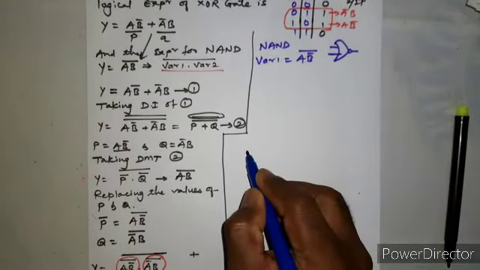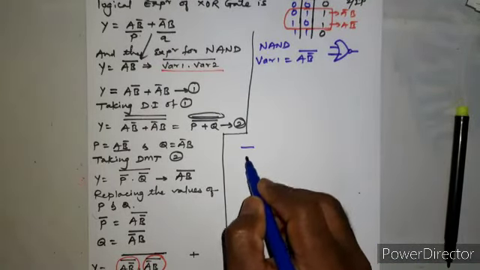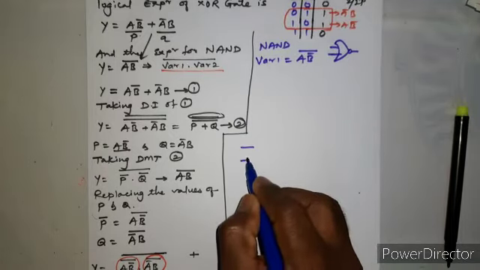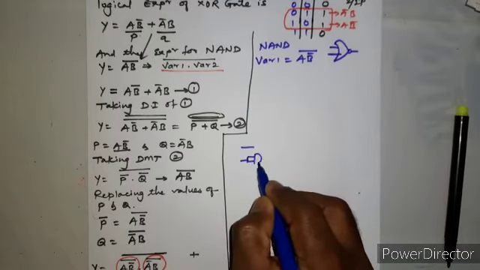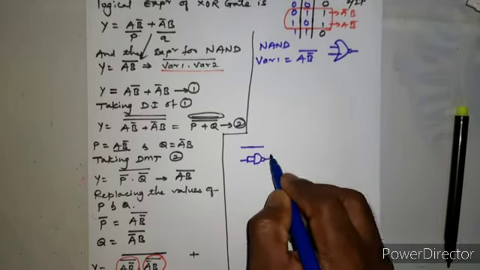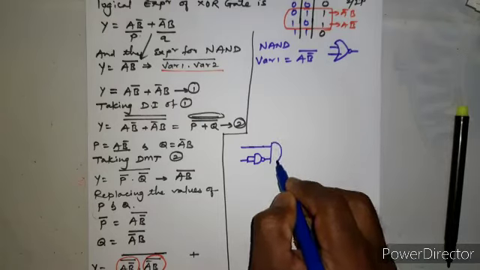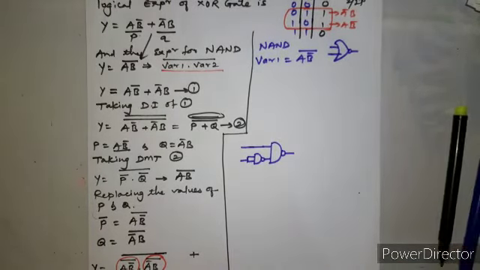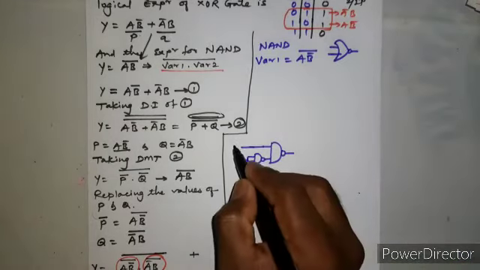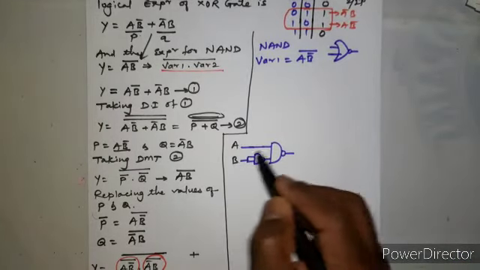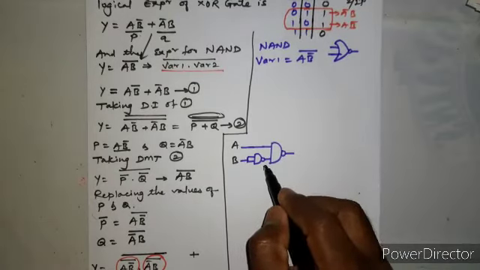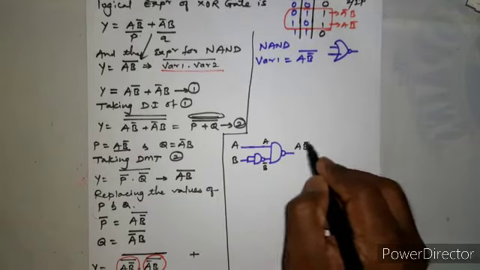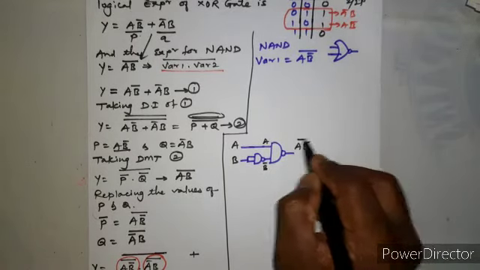So I'll draw here. So this is A and this is B bar. So I have this B, okay, so this is A and this is B. Here it is B bar, here it is A. So the output is A B bar whole bar,